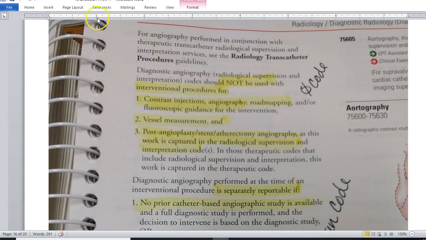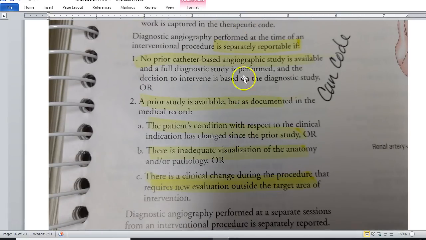So the biggest thing here is there are a lot of cardiac surgery codes, cardiovascular surgery codes that include this because it's part of what they're already doing. But we can code it separately if the patient fits into one of these scenarios, okay? So diagnostic angiography performed at the time of an interventional procedure is separately reportable if no prior base catheter angiographic study is available and the full diagnostic study is performed and the decision to intervene is based on the diagnostic study,